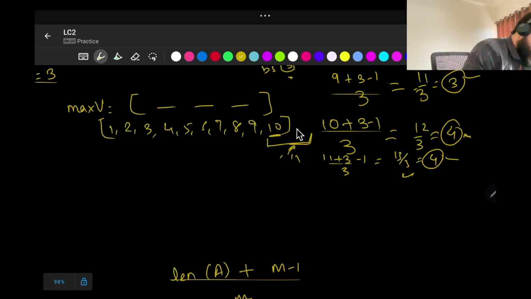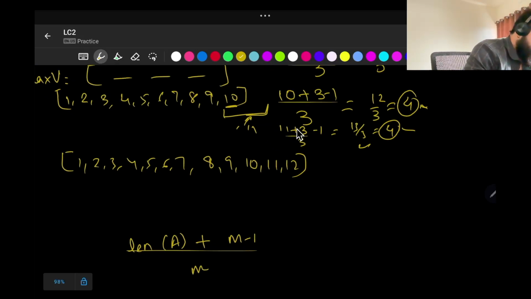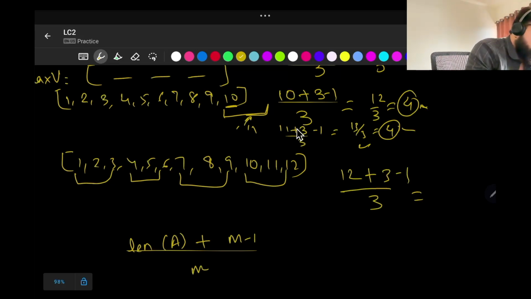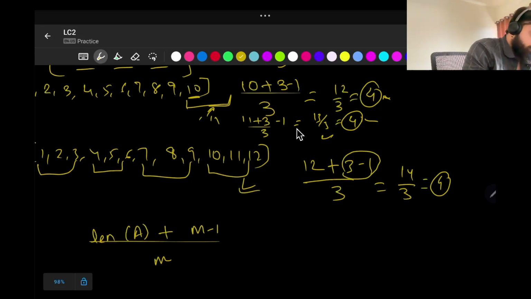Let's say 12 was there. 1, 2, 3, 4, 5, 6, 7, 8, 9, 10, 11, and 12. So again, this is completely divisible by 3. 1 chunk, 2 chunk, 3 chunk, 4 chunk. So 12 plus 3 minus 1 by 3, if I do 15 minus 1, 14 by 3, this gives 4. So if it is completely divisible, then in that case, if you add this block size minus